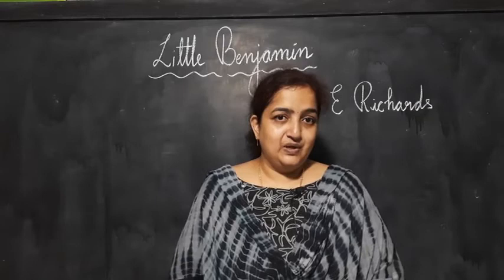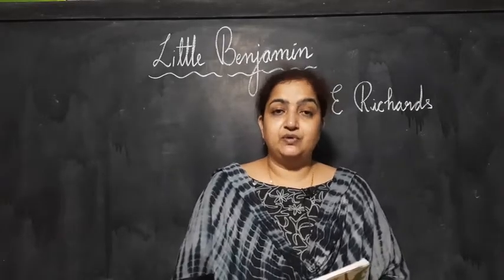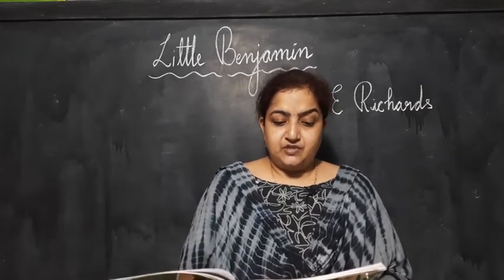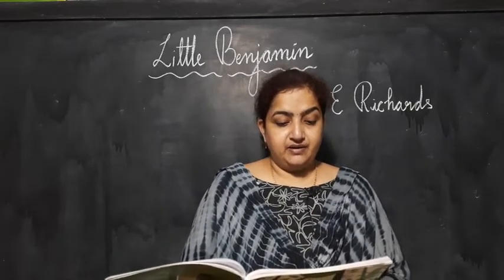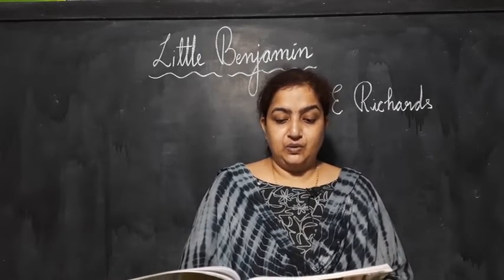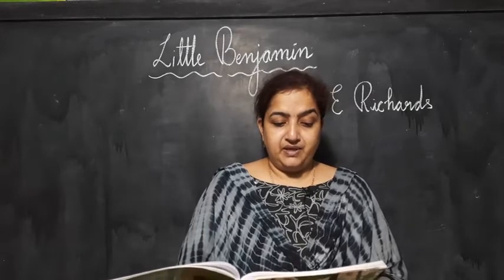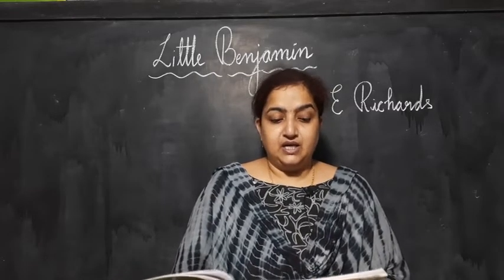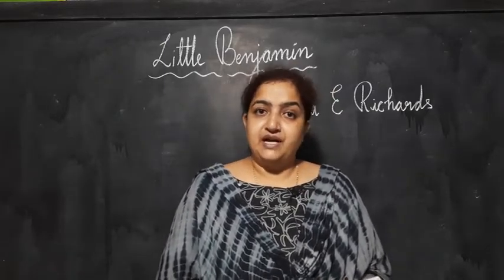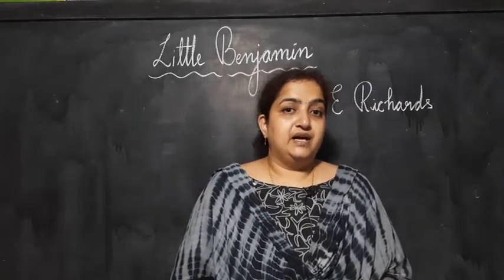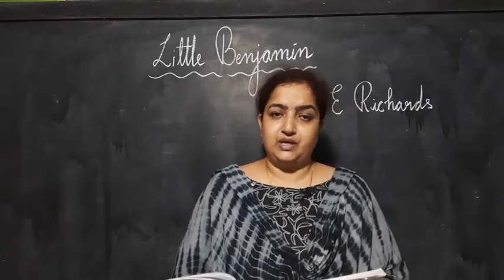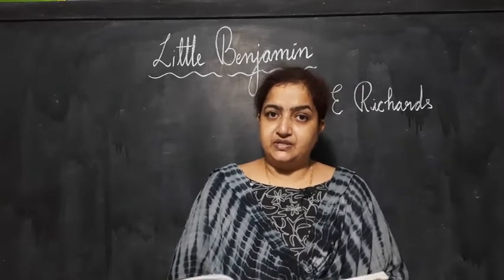Are you all ready? Okay, open page number 84, lesson number 10, Little Benjamin. This extract from a story by the 19th century American writer Laura E. Richards tells the cheering tale of the Golden family who find a baby on their doorstep one night. So this extract, already we know right from the beginning of the book, we have been hearing this word extract. Extract means a part of the whole story. We are not going to read the whole story, we are just reading a part of it.